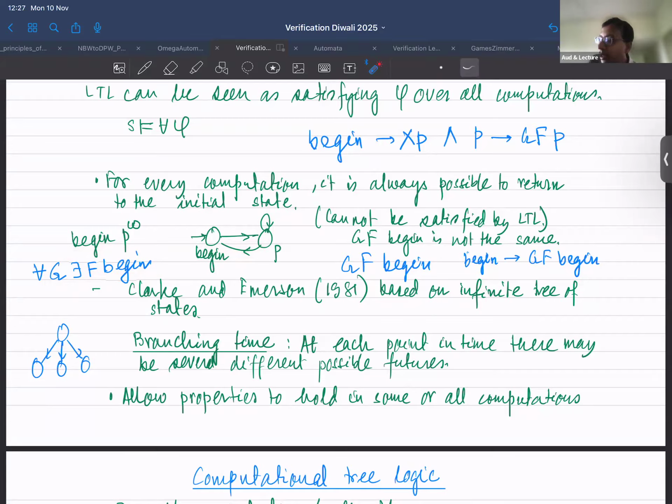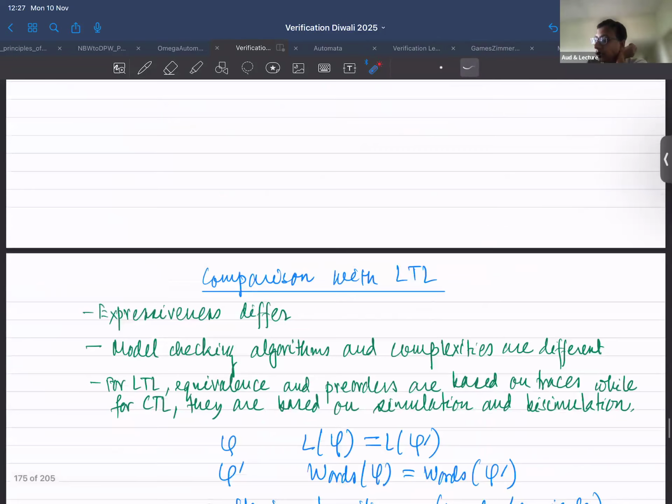Right? So the quantification is over all paths. Now I'm saying consider this path, so I have gotten rid of the path quantifier. For this fixed path, I'm looking at only this part, which says it is always the case for this path, it's a path formula, that there exists a path such that eventually I can go to begin. Clear? So indeed, this is a CTL formula which can express such a thing, but no LTL formula can express this. Okay, good.